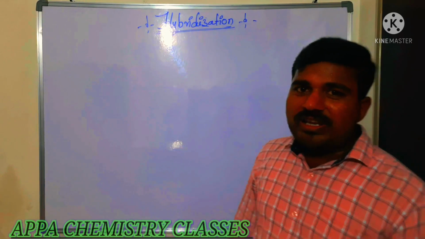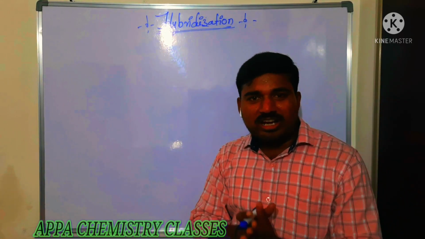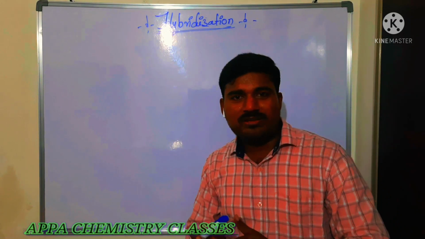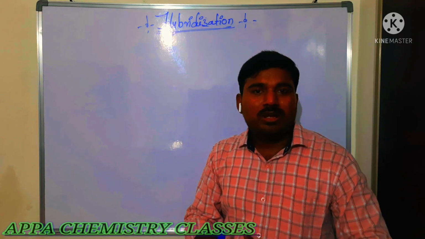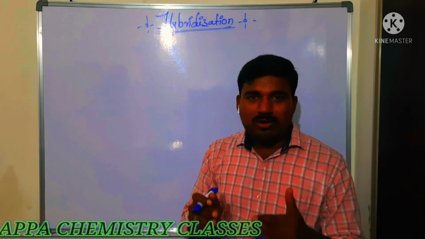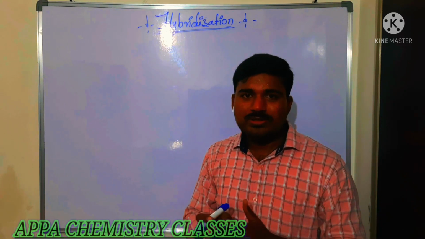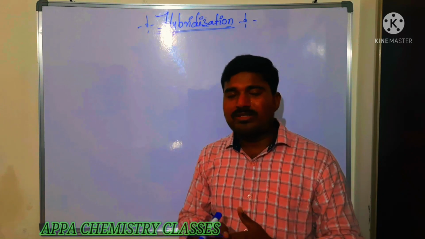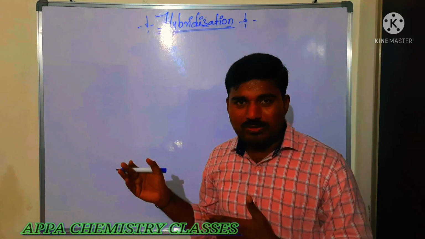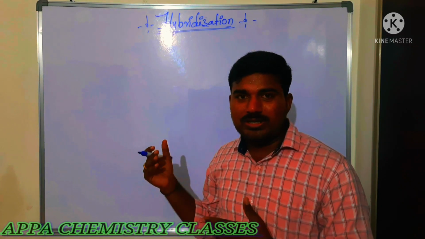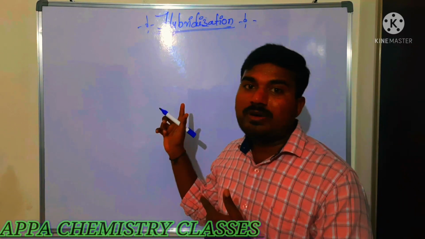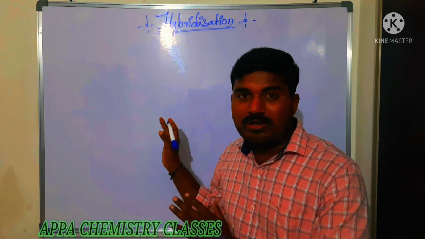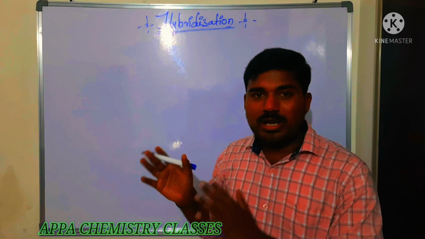I hope everyone has understood the first video. That is a small introduction, but it is very useful. If you know how to represent organic compounds in the form of bond line or dash representation, or Lewis dot or condensed form, then only you can do the next concept, that is hybridization in case of organic compounds. I am focusing here on how to do the hybridization in organic compounds.